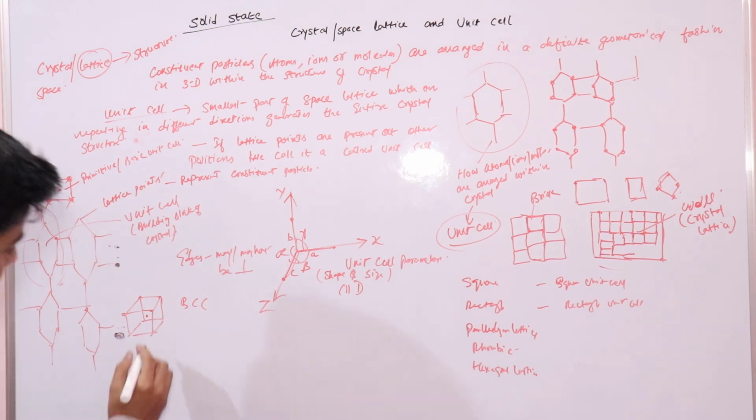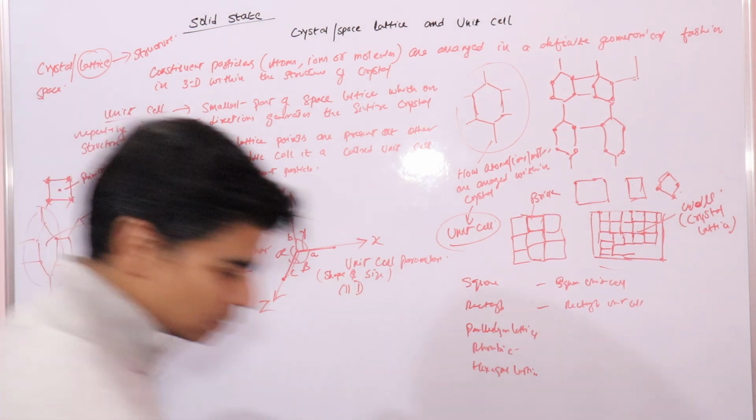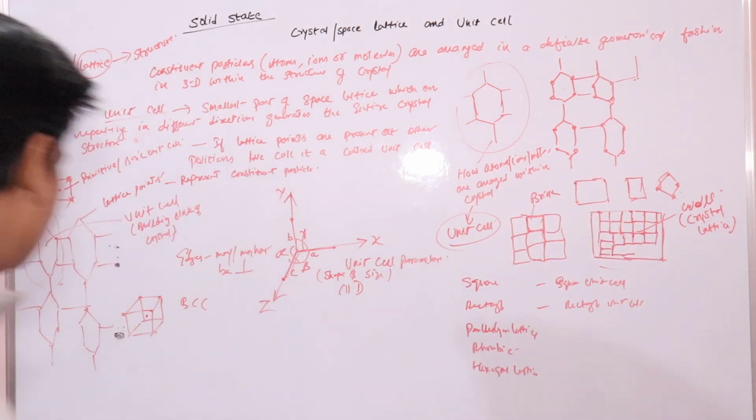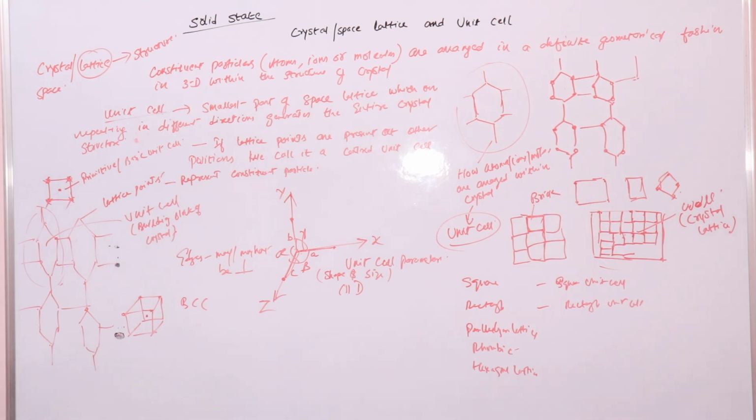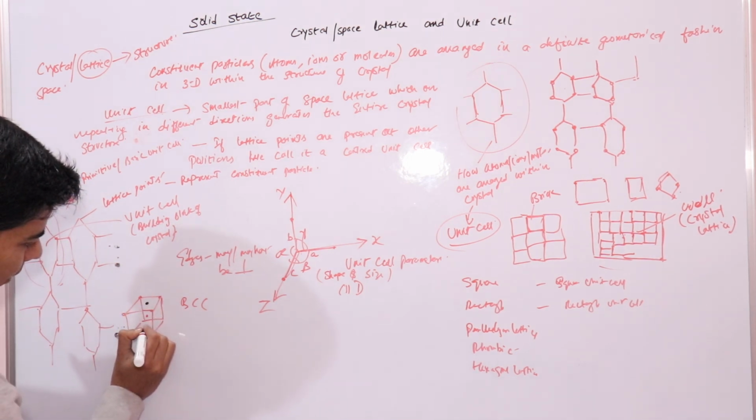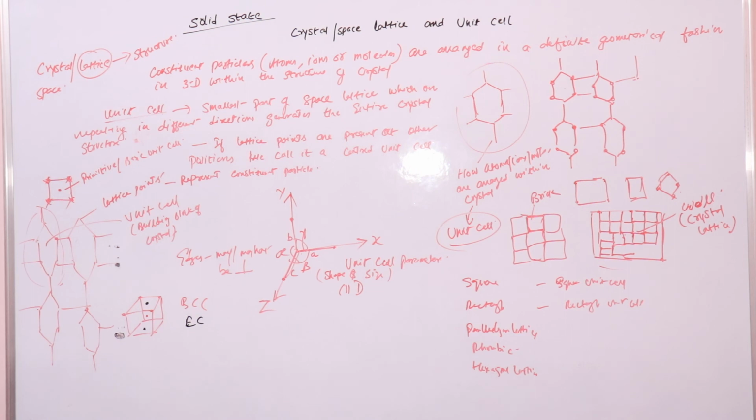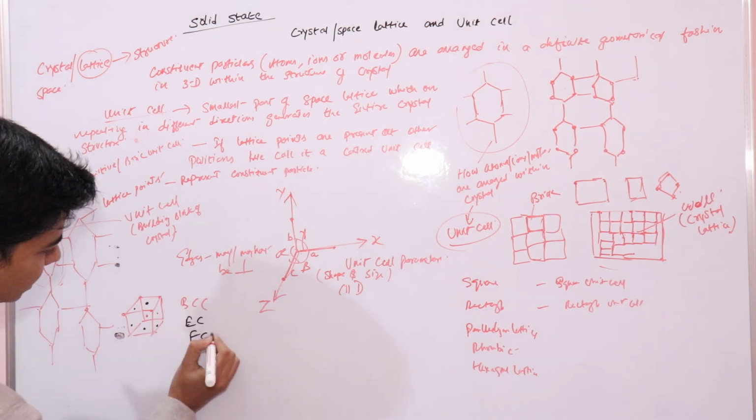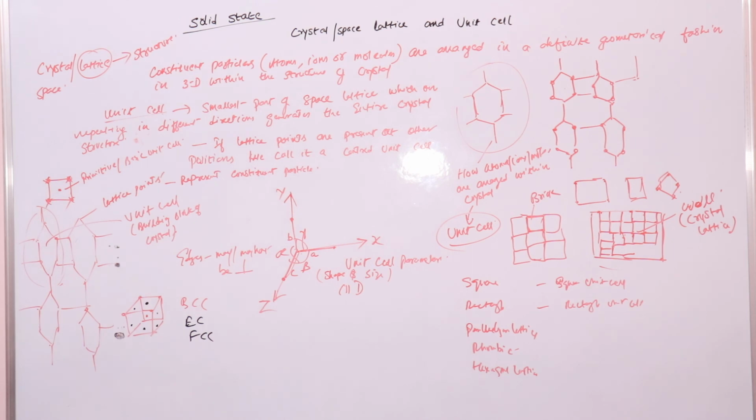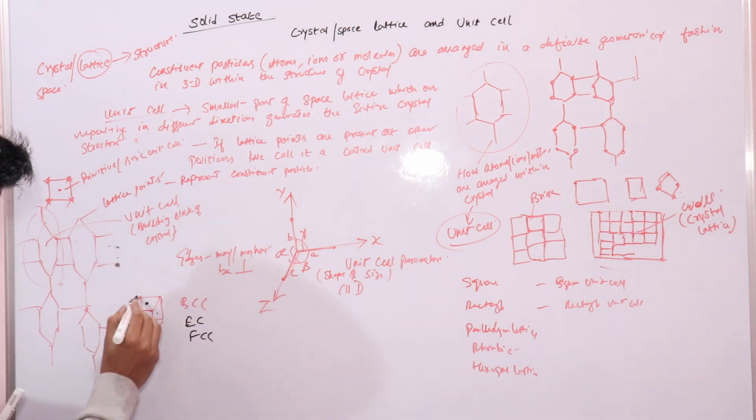If on the other hand these lattice points are present at the opposite faces, this is known as an edge centered unit cell, right? And if it is present at each face of the crystal, this is known as a face centered unit cell. So depending on the location of these lattice points, if it is present at each face, it is face centered. If it is present only at the center and at the corners, it is body centered. And if it is present at the opposite corners, right,